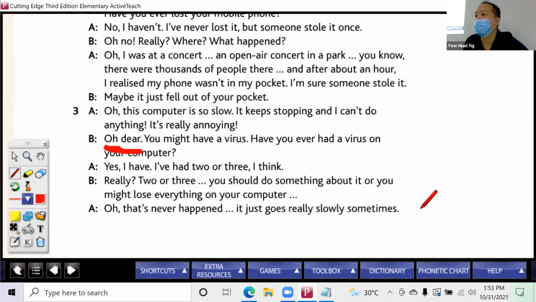Oh dear. I'm not shouting, I'm not calling you my 亲爱的. Do you understand? Nothing to do with 亲爱的. So oh dear, like in school, when my student has a problem, I will say, oh dear, oh no. But when I'm outside, I don't use oh dear, oh no. I use